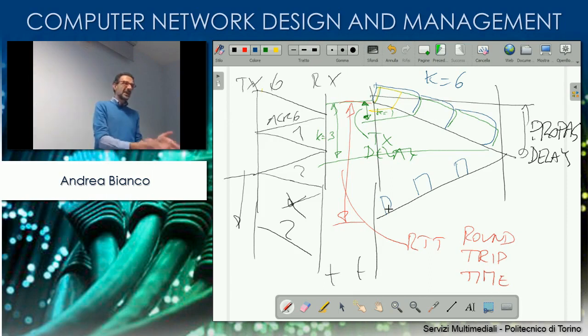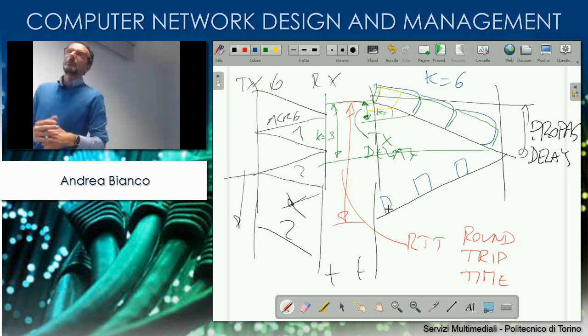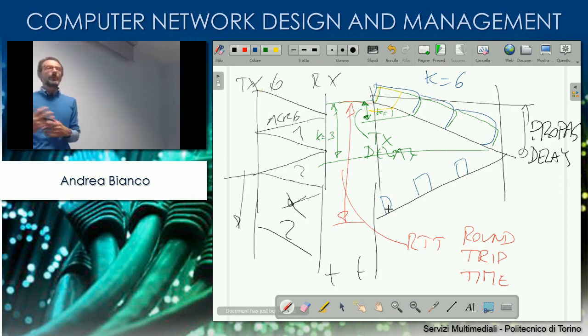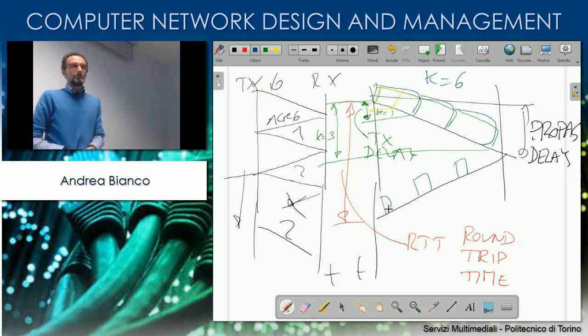Okay, so at that point, with k equal to 6, I should stop, right? K is equal to 6, but I got 1 ACK, so I can send 1 packet more, right? Then I should stop. But again, when I finish sending that, I get another ACK, and so on and so forth. So in that case, with k equal to 6, I can send continuously. I will get the bit rate of the link. Okay? So that's how